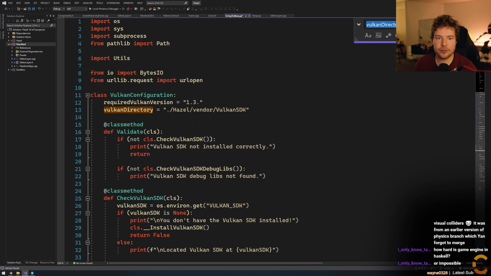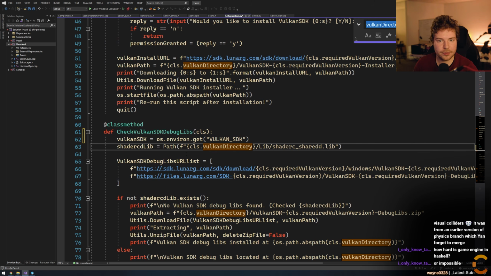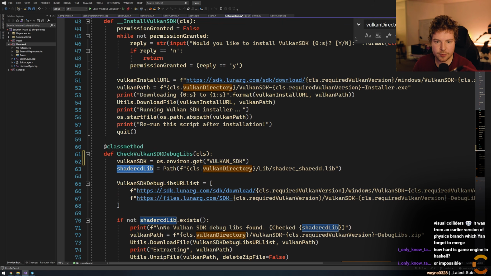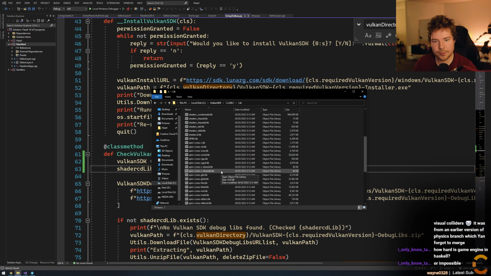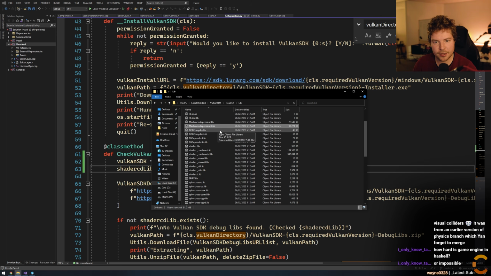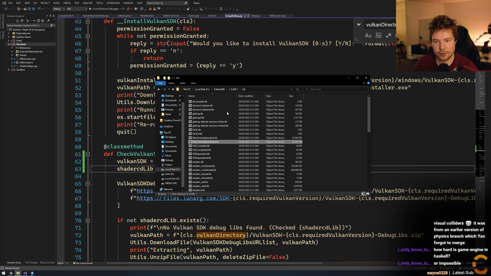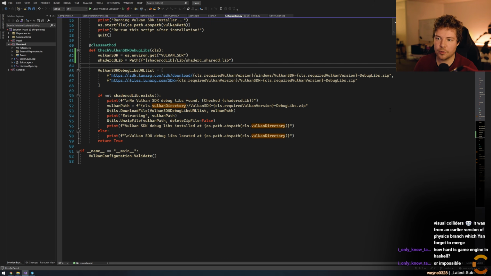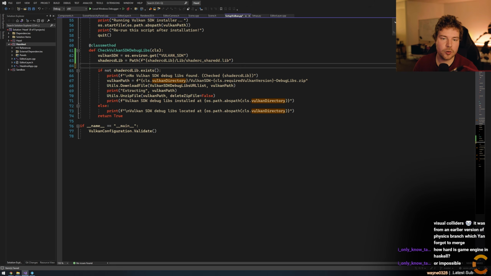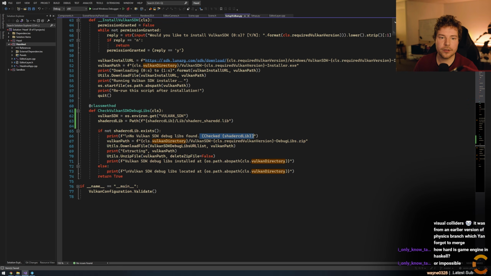So there is no Vulkan directory anymore, hopefully. Oh no, that's the one that we download the temporary stuff to. So this goes into here. And then we can probably still do lib. So that brings us into here. Then we do lib, and then obviously we can see shaderc. What was it called? Shaderc. Yeah, and then if we've got the debug one with the extra D on the end, then we're okay. Now, we don't download it anymore, and if it doesn't exist, then what we can do, we'll just